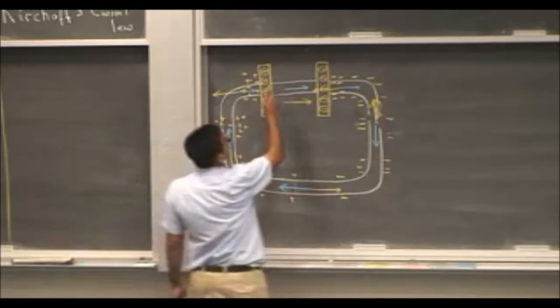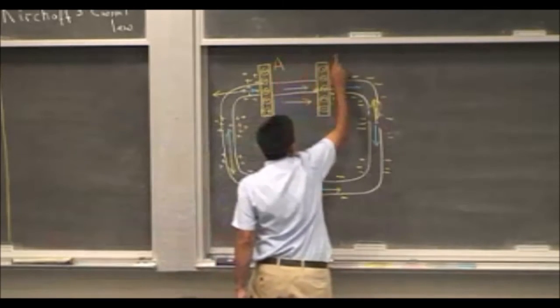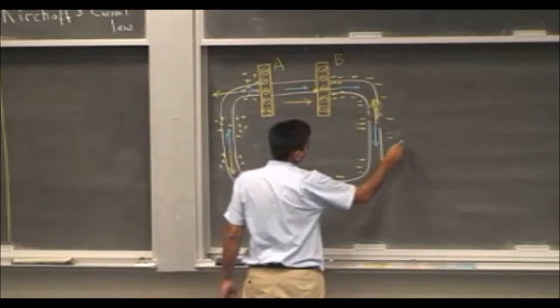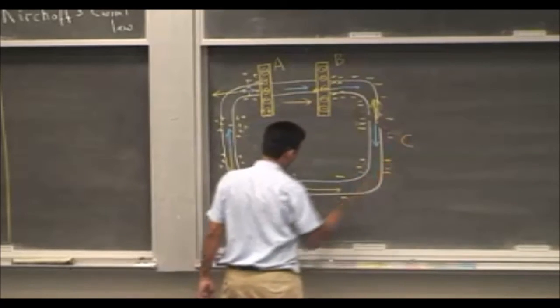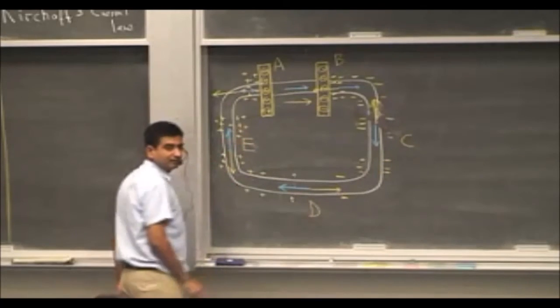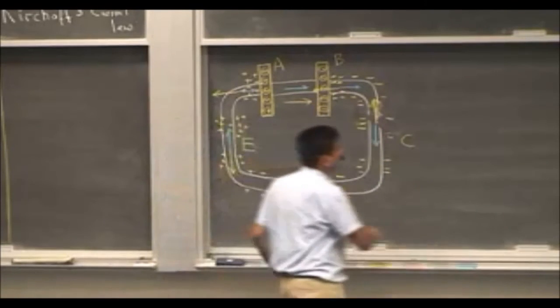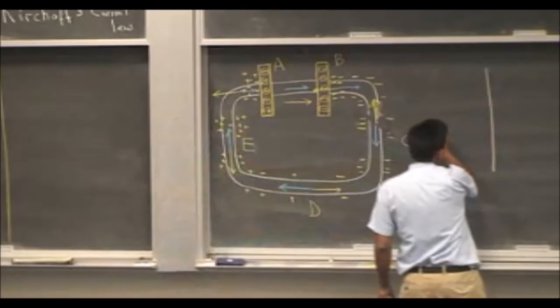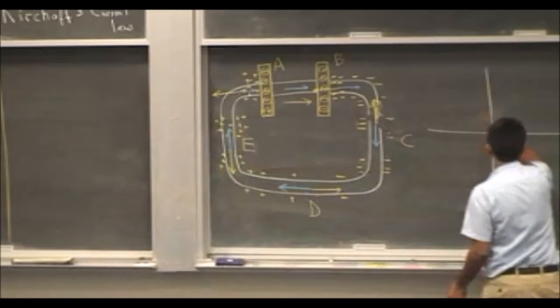So if I call these points A, B, C, D, E, and if I were to plot the surface charge density on the conductor along the length